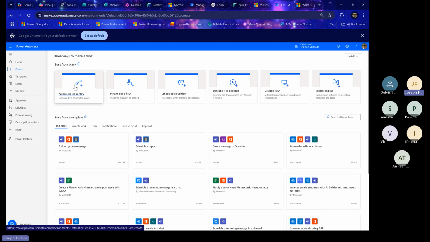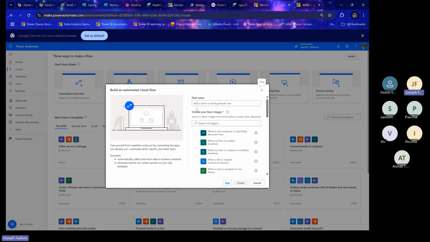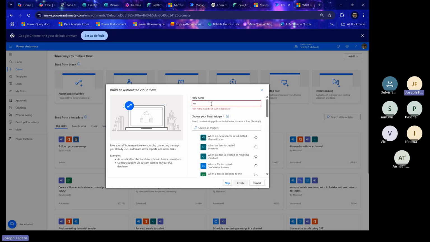which is going to be an automated cloud flow. Why is it an automated cloud flow? When somebody fills a form, I want to send the data to our event hub, which is what we created in Microsoft Fabric, right? So that's why it's going to be a very, very simple flow. So I'm going to call this events hub